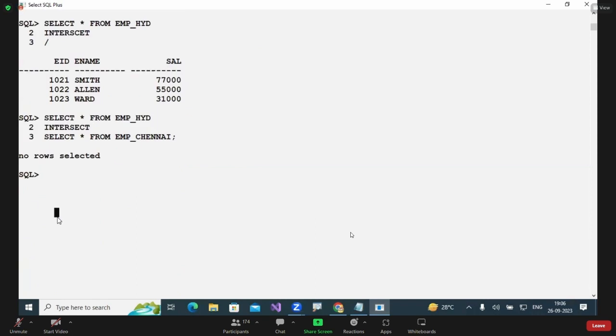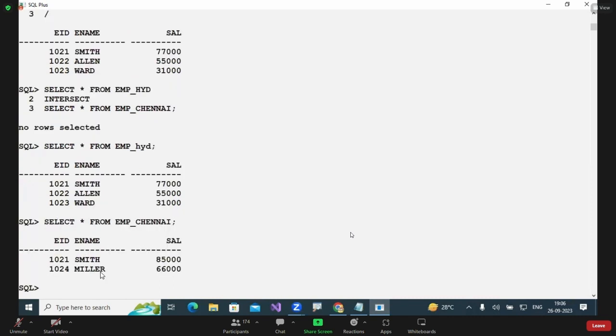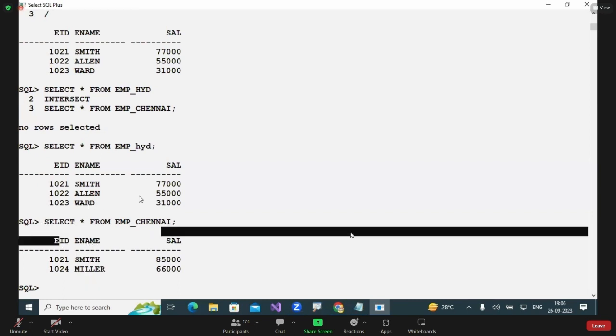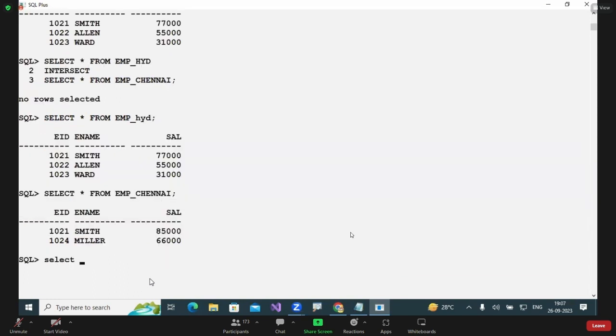See, guys, how my table was, what the structure is, I don't mind. But when we are writing a query statement, at that time you need to follow some conditions. Your table may have two columns or three columns, two rows or three rows, it doesn't matter. But when you're writing a query using a set operator, there are a few conditions to follow. What is the condition? For example,